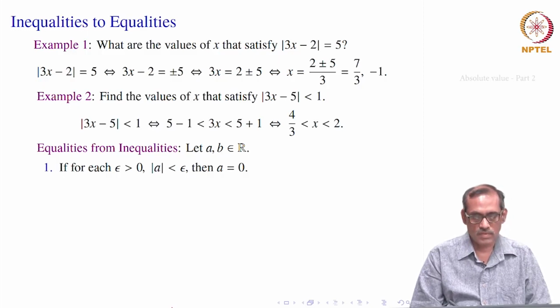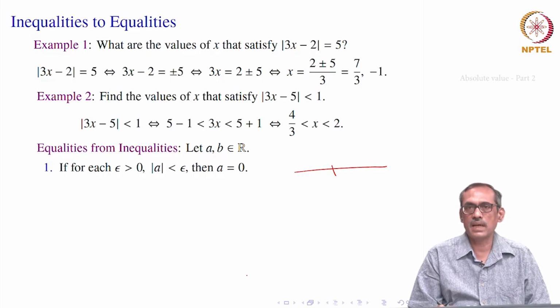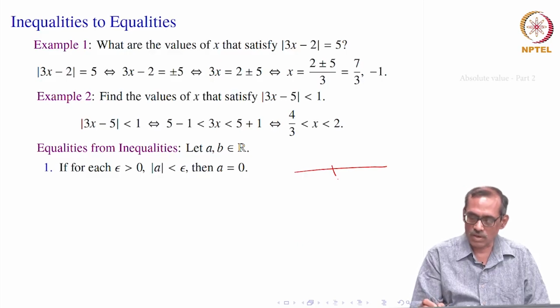So suppose for every positive epsilon, you find that the modulus of some real number a is less than epsilon. It is a bit difficult to understand. What it says is, you have some real number a, and you see that its absolute value is always on the right side, that is, less than epsilon for every epsilon. So what will happen to the absolute value? Let us consider |a|. |a| is non-negative, and that is always less than whatever epsilon you take.